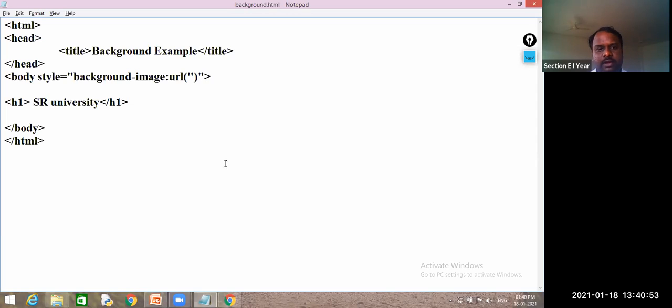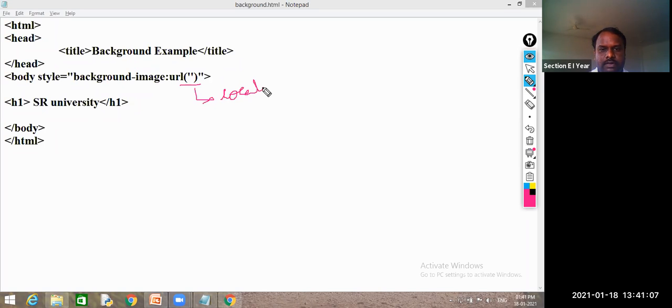And here we have different methods to give this URL. One is when your image is present in your system, the local directory. And if you want to use internet resources, you can use these two. Local image is nothing but which resides in your computer.